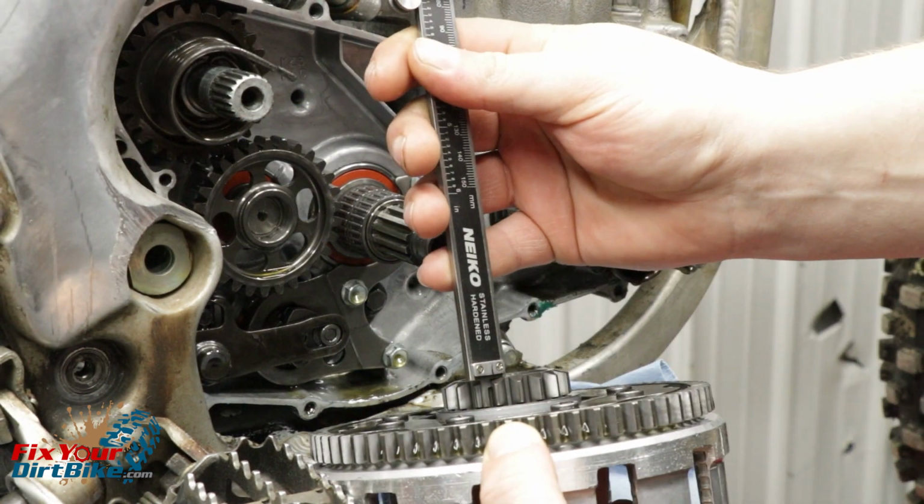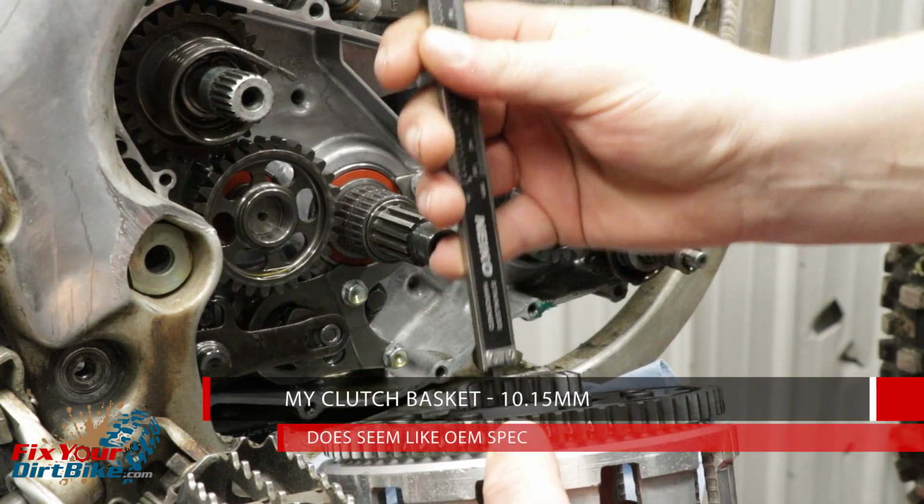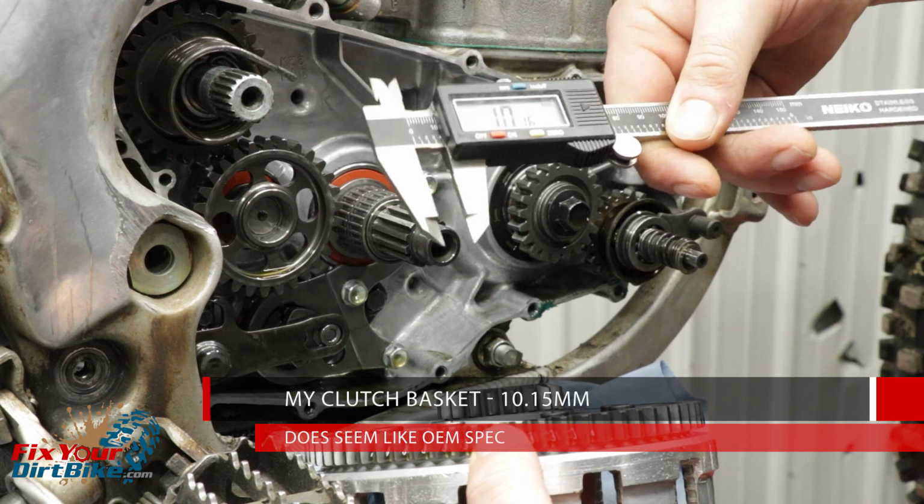I pulled my clutch basket to check, and I measured right at 10.15 millimeters, so that does seem like the